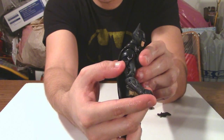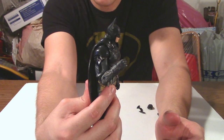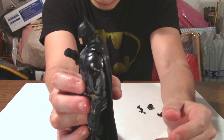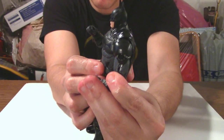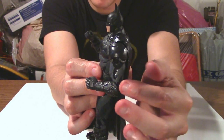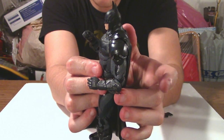He actually has two joints in his elbow, and it is in his right arm, I'm sorry, where he's able to demonstrate that the best, because unfortunately on my figure, I'm sure not every single figure has this problem, but for my figure, only one of the joints on his left elbow is able to move, like so, at a 90-degree angle. He would be able to bend his arm further back because of the second joint, which is cool. Again, it's cool that they added two joints instead of one,